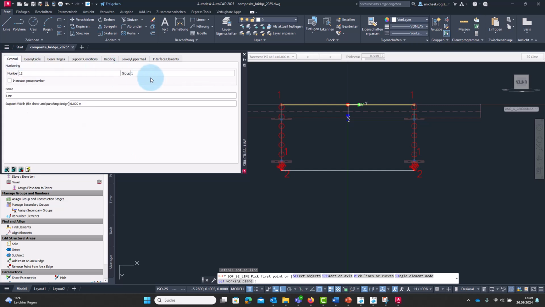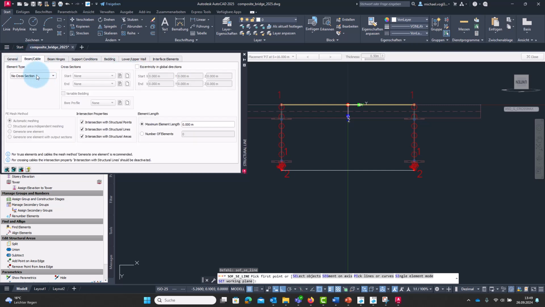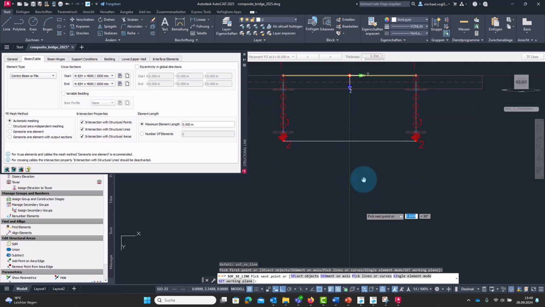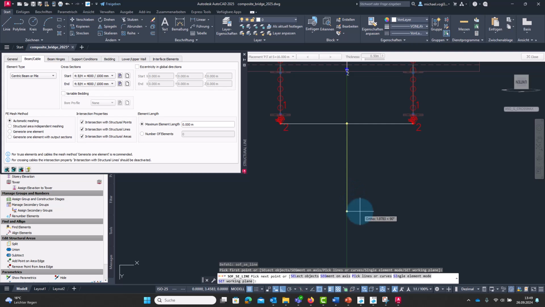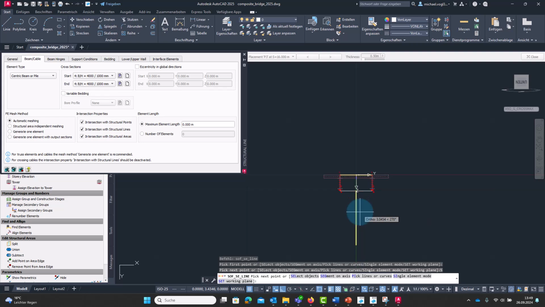So, okay, we'll use group 1. As element type, use centric beam. Select the correct cross section. Select start point and draw a pier with a height of 5 meters, for example.